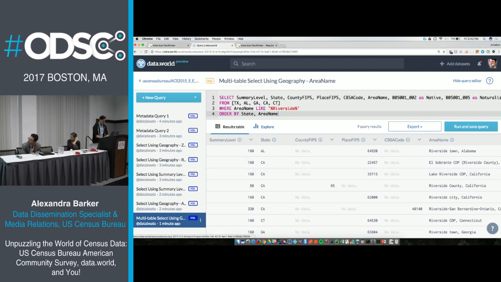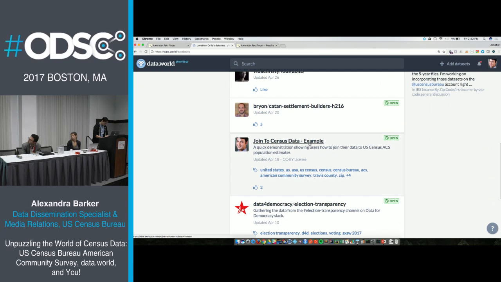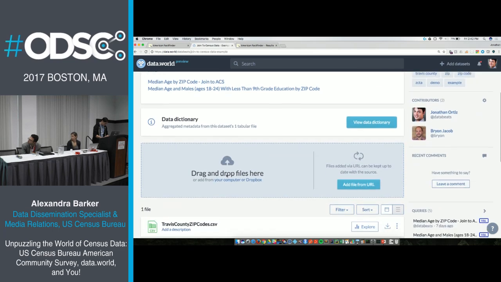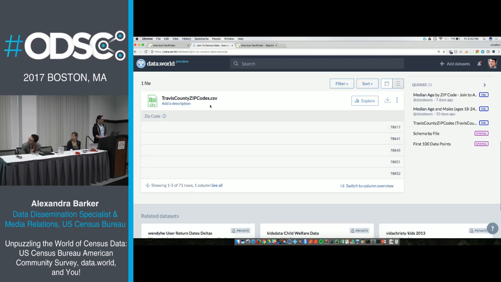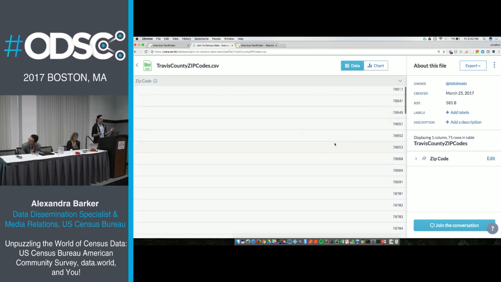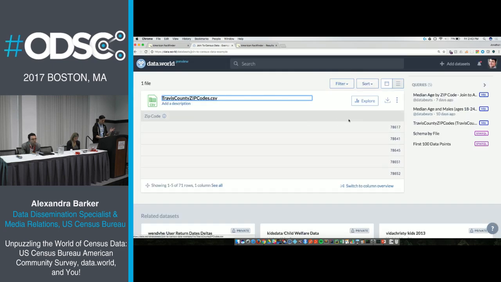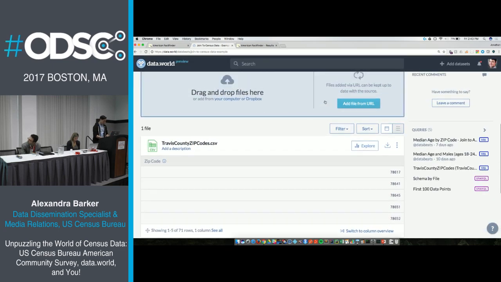Another cool thing is, and I have a demo of it under my, if I can find it, join to census data example. So I have a CSV here, which is just one column. The one column is all the zip codes that are in Travis County, which is the county where Austin, Texas is. So these are just zip codes, one column, that's all it is.